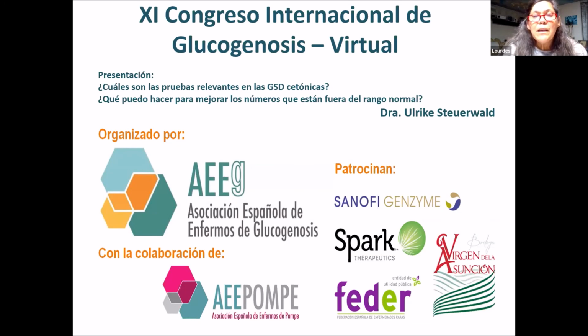Is milk not restricted in GSD? In ketotic GSD, milk is not as much restricted as it is in type 1. Milk has milk sugar, which is a double sugar that first has to be split before it gets the blood sugar up. If you ask me how much milk am I allowed to drink during a day, if you have a child, I would say 1 glass, some 200 milliliter with each meal,